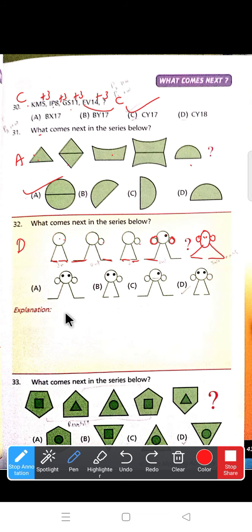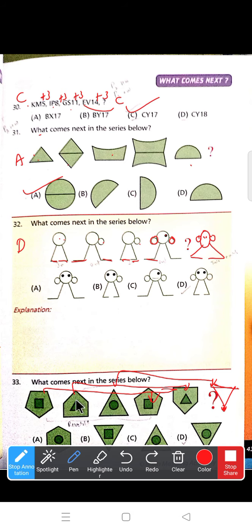32 is option D. Now coming to the 33rd one, if you observe the picture, here the picture is reverse for this one. Now pentagon is reverse here. So triangle should be reverse, that means triangle should be upside down. Baseline should come up and the corner, down corner should come down. So in these two you have B and D.